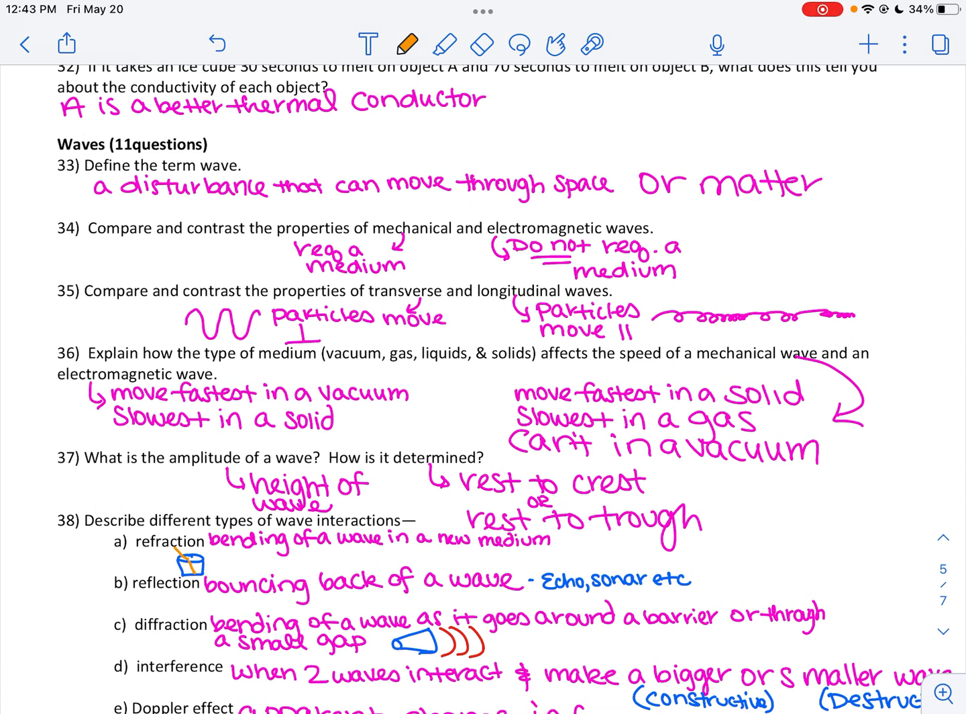So since mechanical requires a medium, they're going to move fastest through a solid. Electromagnetic does not want a medium. They are going to move fastest in a vacuum. So don't forget those 2